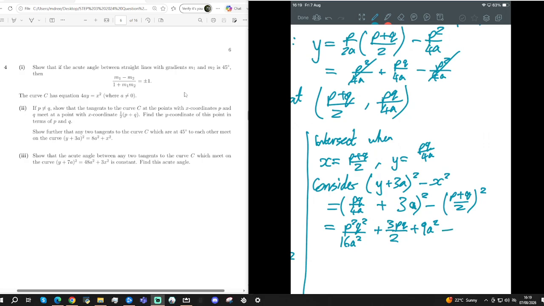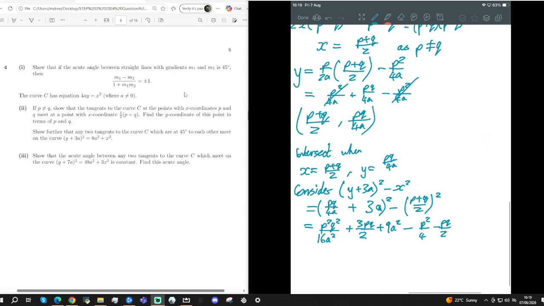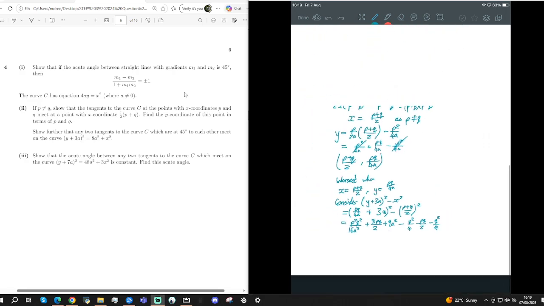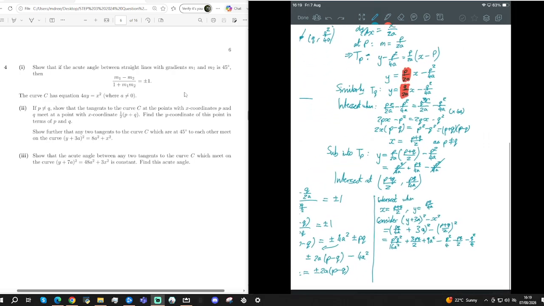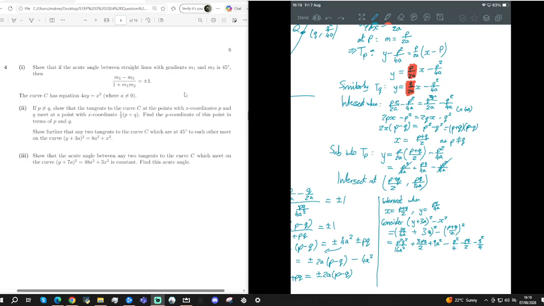Plus 9a squared minus, and because I've expanded that out fully, I probably should expand this out fully: p squared over 4 minus pq over 2. Again, expand this out slower if you need to. And now I'd like this whole thing to cancel down to just 8a squared. So I really need everything except for this to become negative a squared. And the thing that I have over here linking my stuff together, now it doesn't have the plus or minus in it anymore,